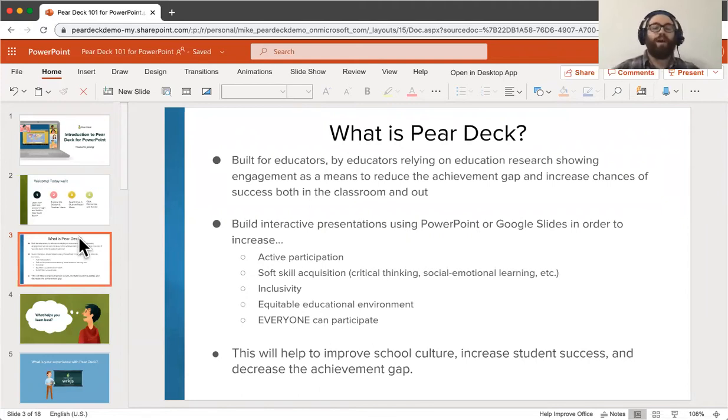One of the great things about Pear Deck, and one of the things that drew me to it initially, I was a classroom teacher up through this past spring before joining Pear Deck in the fall. And I had very large class sizes with limited resources and limited paraprofessional help. So having large classes of varying student levels, as well as my English language learners, it was really hard to get everyone participating and engaged when it came to differentiating, scaffolding, and meeting each student where they needed to be